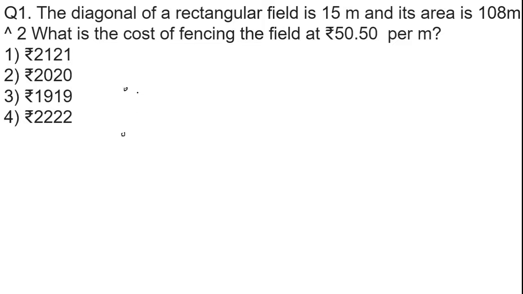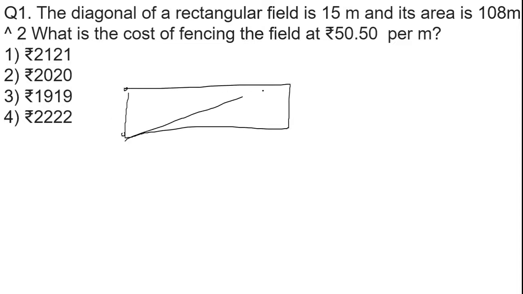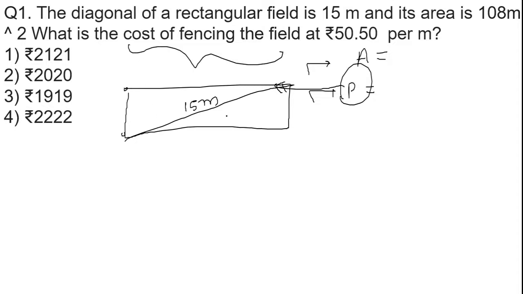Here I have given you a rectangular field and the diagonal length was given, that is equal to 15 meter. The second thing that you have to find is the area and the perimeter. Based upon the perimeter we can evaluate the cost of fencing. So based upon the diagonal formula, the area formula and the perimeter formula we have calculated